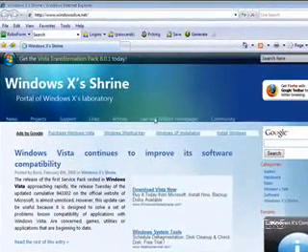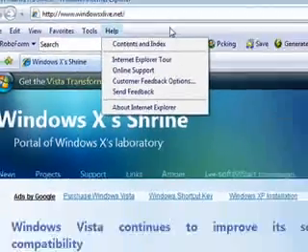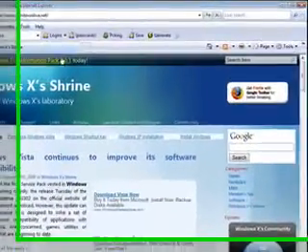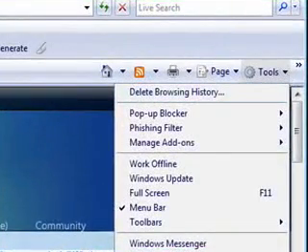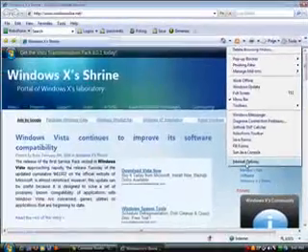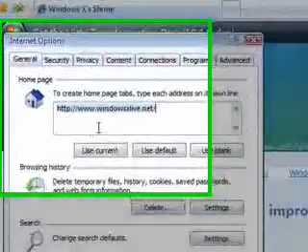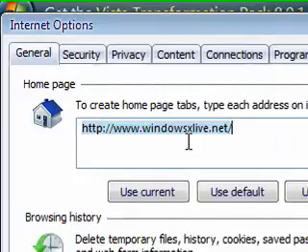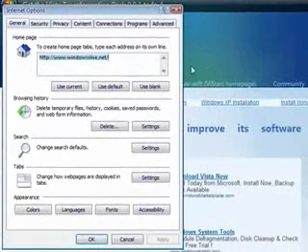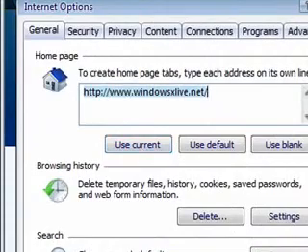Okay, with your Internet Explorer open, this is version 7. Most of you will have tools up here if you upgraded from 6. If you did a straight install, your tools is going to be over here. Either way, you want to click on Tools, go to Internet Options, and it's going to open on your General tab, and this is going to list your home page, and you can change that to any page you want just by going to the page you want and then click Use Current, and it'll automatically make that page